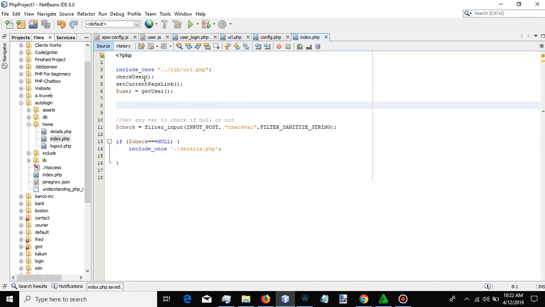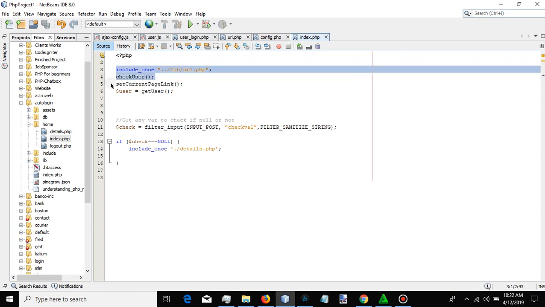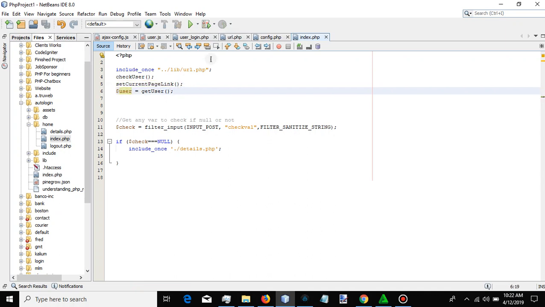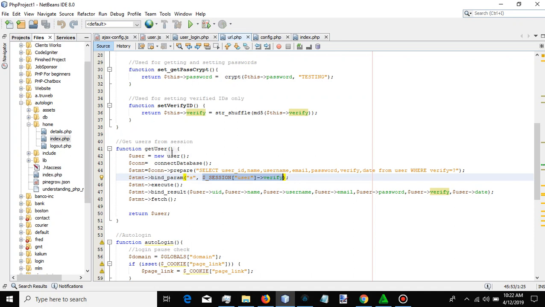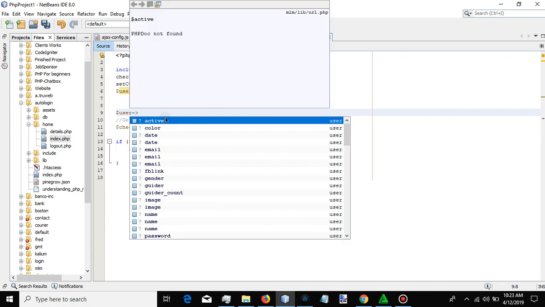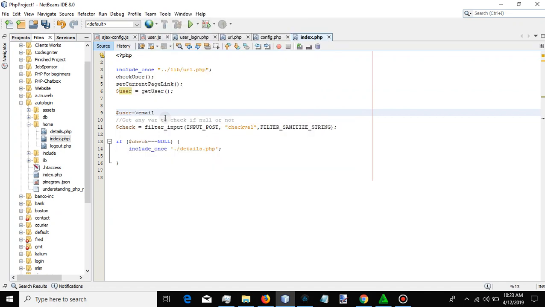Okay, so this is the index file. I check user. First of all, I need to add the URL, link to the URL path, include. I check the user. I set the correct page to the cookie, and then user is equal to this very guy here. So now I can use user to access all the class variables. If you say email, if I have to echo this out, you will see the email, because the email is already collecting